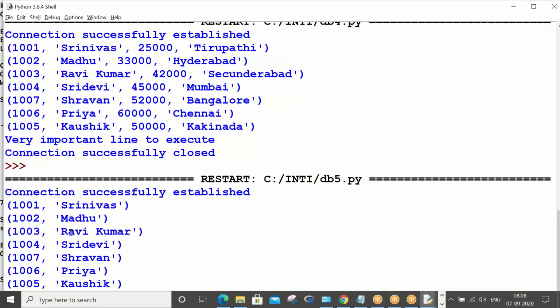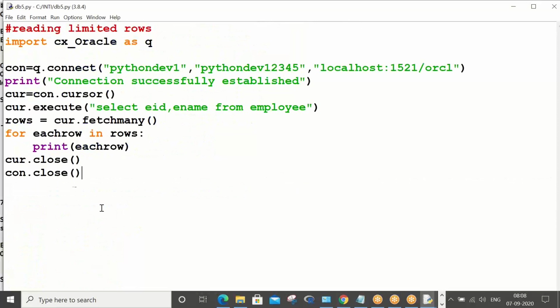Okay, and in this, if you would like to have only a few number of rows, what you can do is write few rows equals cur dot fetchmany of, let's say, 3, for each row in few rows, print each row.